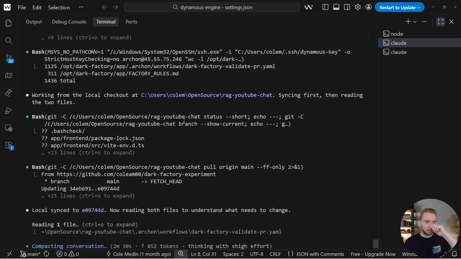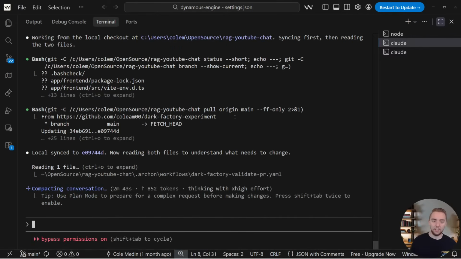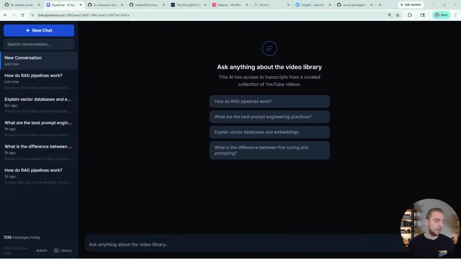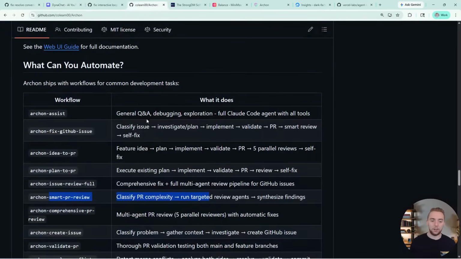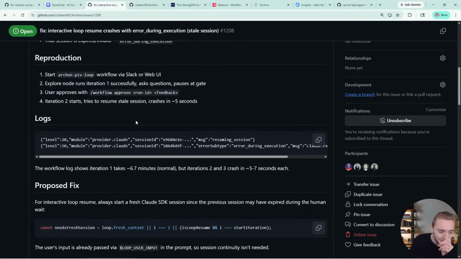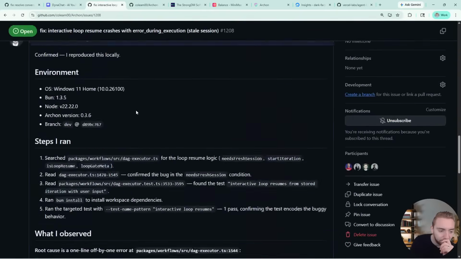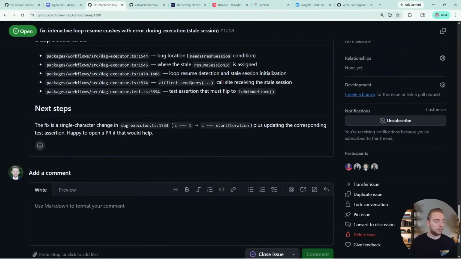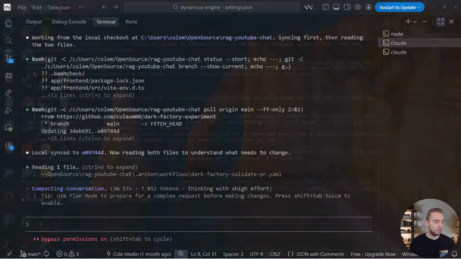So basically what I'm going to do is reopen the pull request and then have the validate run on it again. Because, obviously it didn't work. So we'll let that go. And then in the meantime, I'm going to pop over to Archon here. Oh yeah, that's right. I asked it about this issue. So let me go over to Archon.